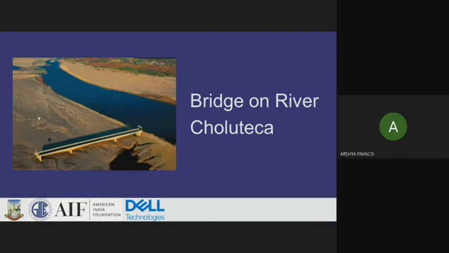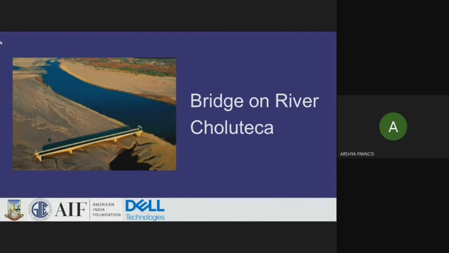So talking about this bridge, this river is called River Choluteca, which was in Honduras, South America. So ये जो bridge है, ये bridge was properly built upon the river, okay? But one such hurricane just changed the course of the river, due to which क्या हो गया, ये bridge यहीं का यहीं रह गया, and the river's course has changed.